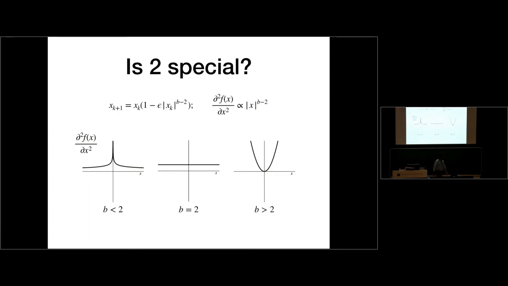Well, 2 is very special for lots of reasons, but it's particularly special in this case because if you look at the updates and you look at this little bit, you realize that this is actually the second derivative of the function. For b, the only case where this second derivative is a constant is b equal to 2. For b greater than 2, the second derivative is collapsing when you get close to 0. For b strictly less than 2, it's exploding when you get near 0. And so you can think about the second derivative in this case as annealing the learning rate as you get closer and closer to the minimum. In this case, it forces you to slow down. In this case, it stops you from converging. And only in this case can you go quickly.